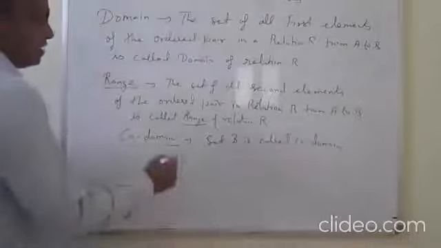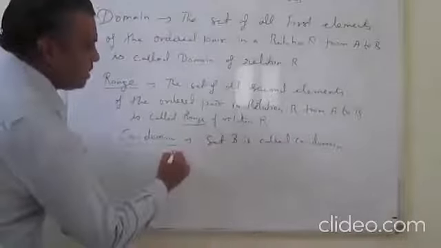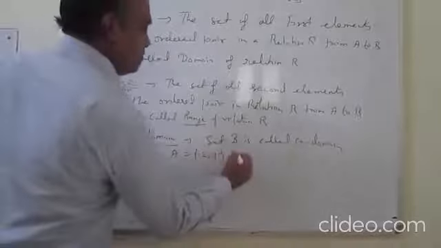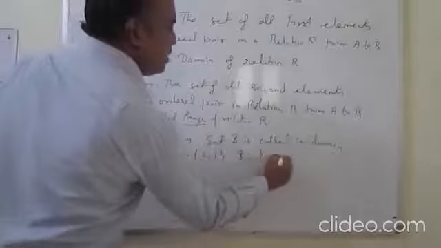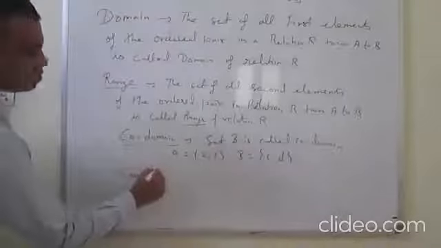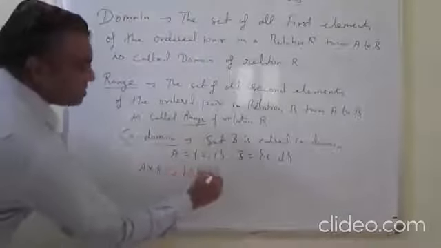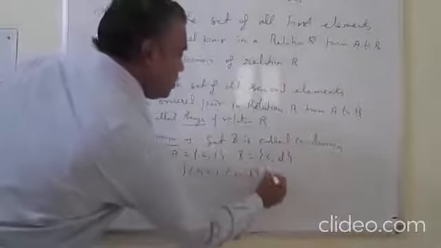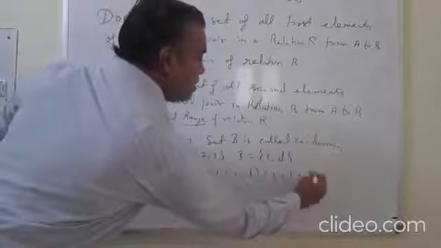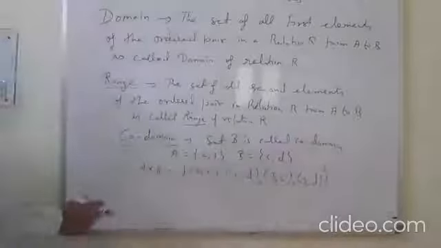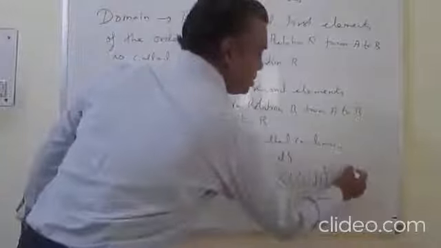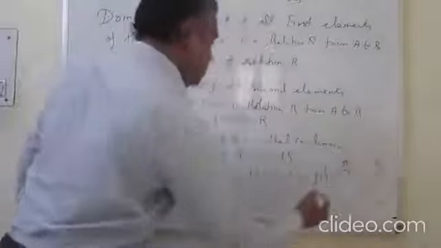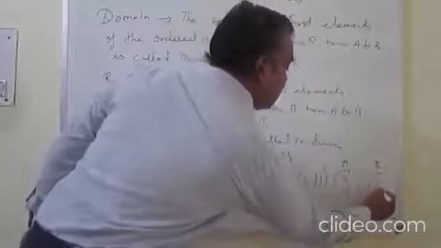Okay, so there is a set A is {2, 3} and B is {C, D}. So the relation A cross B is (2, C), (2, D) and (3, C), (3, D). This you can show by an arrow diagram. This is A, this is B, and the relation between set A, 2 and 3, and C and D.